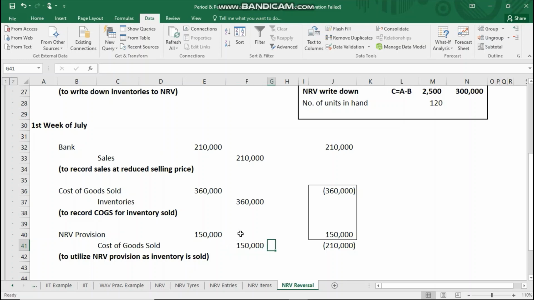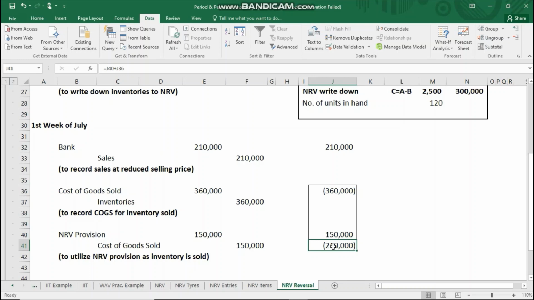अच्छा, अब इसका रिजल्ट क्या आया? इसका रिजल्ट आप देखें कि कॉस्ट ऑफ गुड्स सोल्ड जो इनिशियली 360,000 से डेबिट हुई थी, उस कॉस्ट ऑफ गुड्स सोल्ड को मैंने 150,000 से क्रेडिट भी कर दिया। ठीक है, तो जो नेट कॉस्ट ऑफ गुड्स सोल्ड मेरे पास आई वो आई 210,000 विच इज इक्वल टू माई सेल्स वैल्यू। क्योंकि देखें, सेल्स उसने कहा था कि सेल होगी 3,500 पे, तो हमने हमारी कॉस्ट तो 6,000 थी, लेकिन हम कॉस्ट को भी राइट डाउन करके एनआरवी 3,500 पे ले आए। तो यहाँ पे जो सिचुएशन अराइज हुई है वहां पे ये है कि कॉस्ट ऑफ गुड सोल्ड इज इक्वल टू सेल्स वैल्यू।